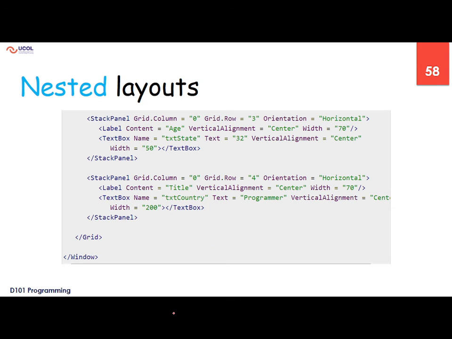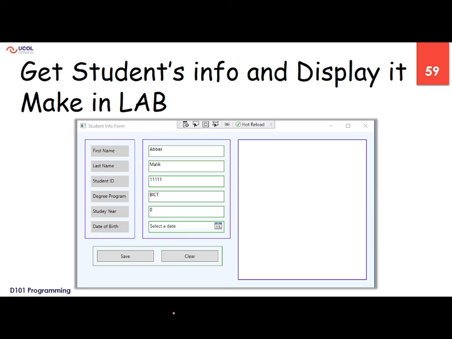Nested layouts again. So this is what I am expecting you to make in the lab. We have certain borders. This is the window, and inside the window I need to arrange things like that. If I try to imagine what components are there, maybe this is a stack panel, and this is a border, and inside the border we have a stack panel. Again we have a border, and inside the border we have a stack panel in which we are putting the text